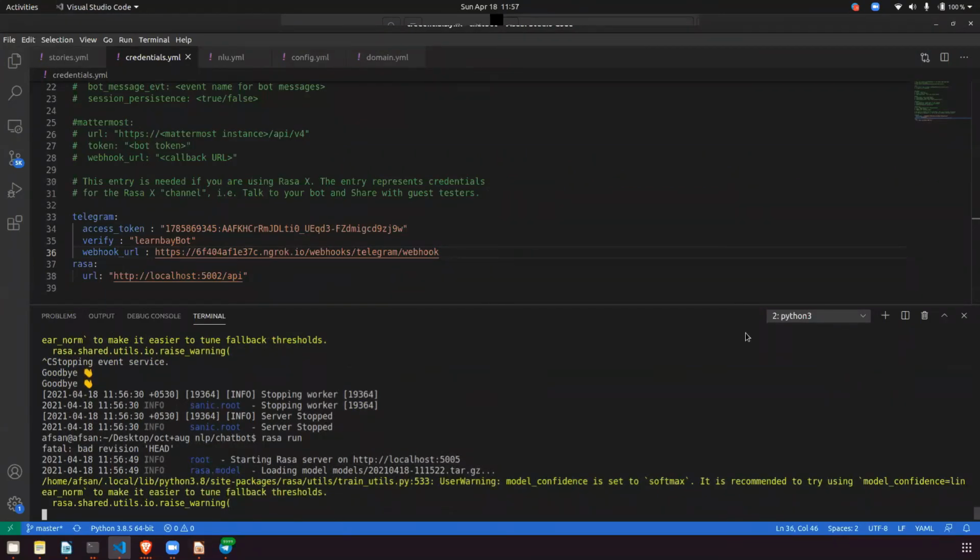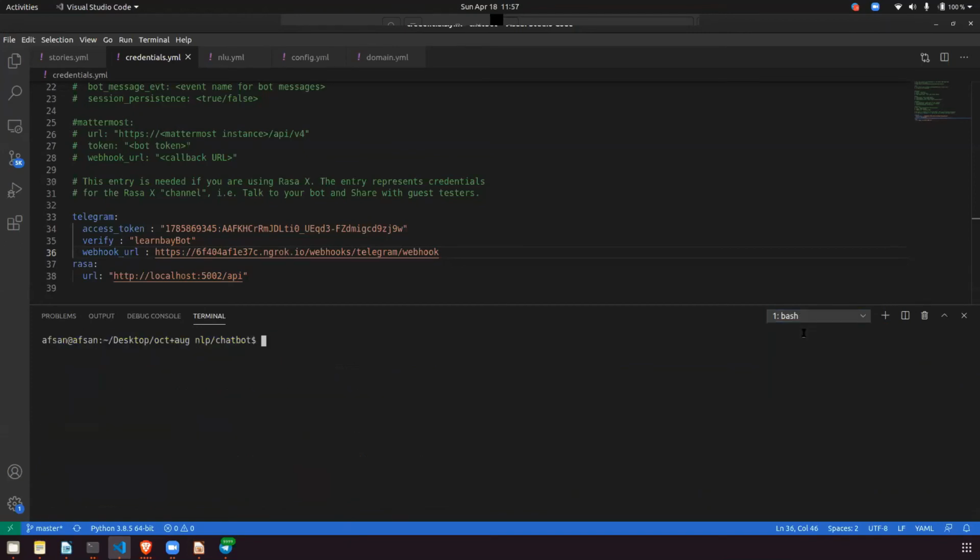Okay, it started. Next step, open one more terminal. Both the terminals should work in parallel. That's why I told you that we can't use this in Jupyter Notebook; we have to use VS Code. In the new terminal, type rasa run actions. Just run this.